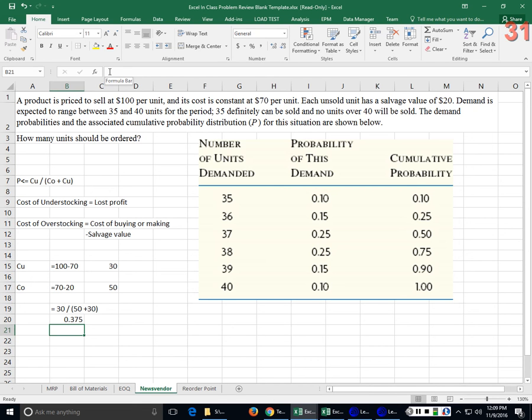Okay? I think that's the trickiest part of that problem. If you get the probability right, it'll probably just be a point or so deduction for not getting the right response there at the end. And then the alternate way to do it is to say, okay, if 0.375 is my probability of not selling,